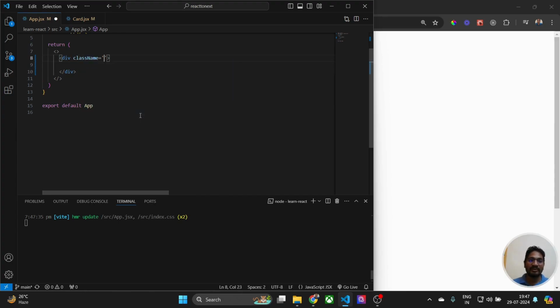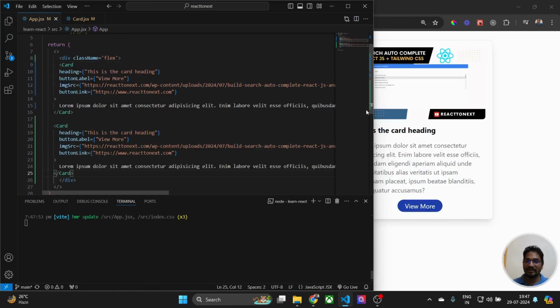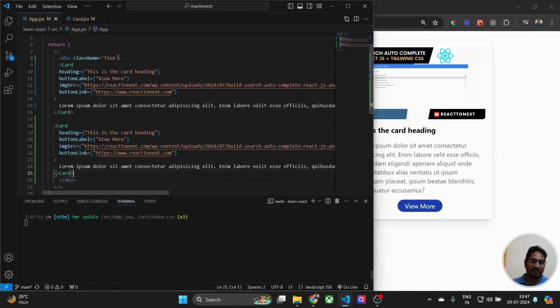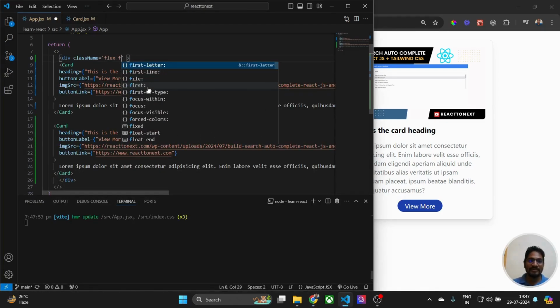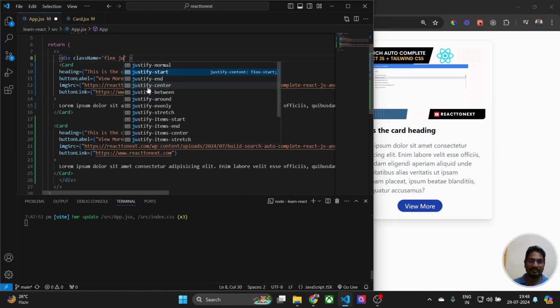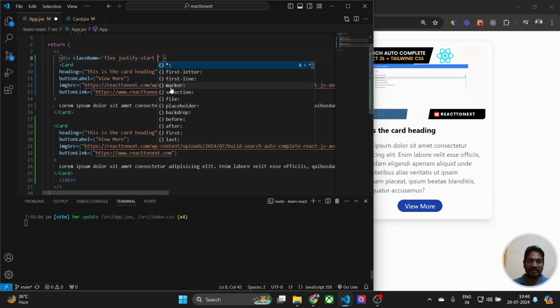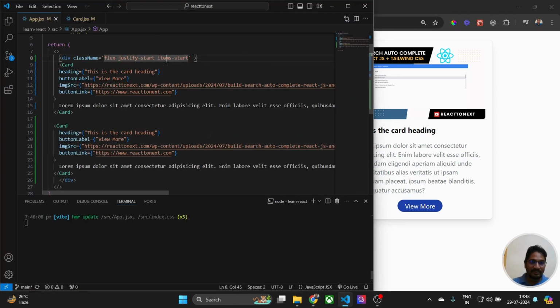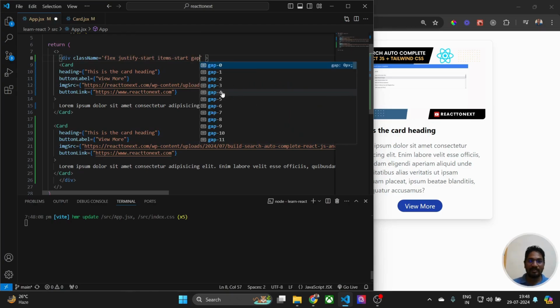Let me add flex, so it will make it side by side. Now flex direction, justify start, and align items start, and gap